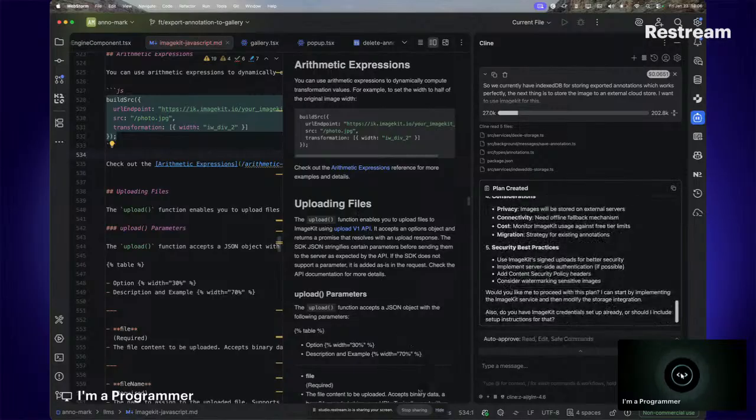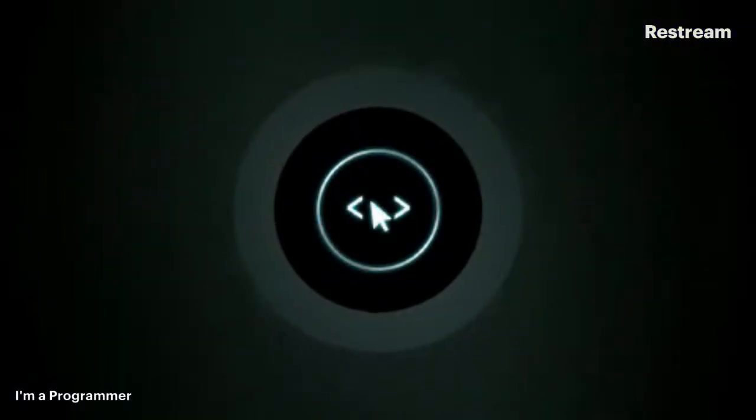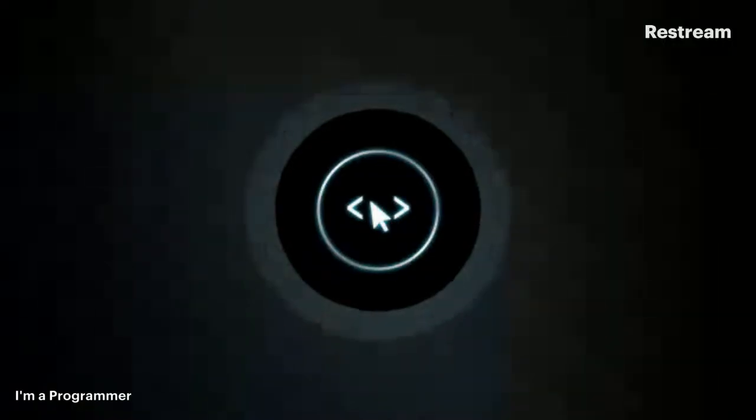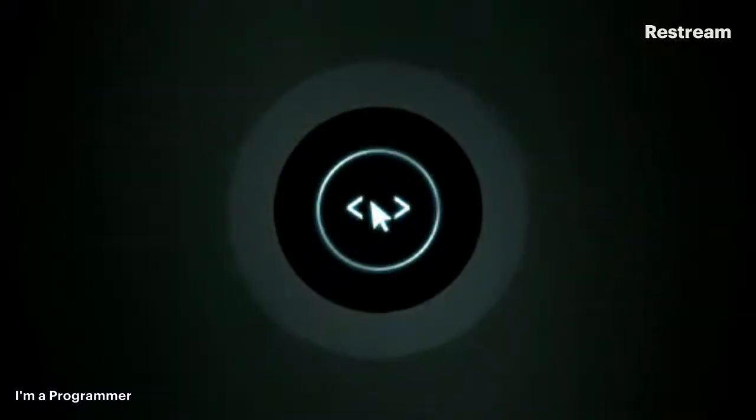So I'm going to set up my ImageKit credentials. I'm going to go offline to set that up. I'm going to go back to ImageKit, pick my credentials, and all right, just a minute. I'm going to pick the URL. Like I said, I'm going to add a new one. I'm going to call it